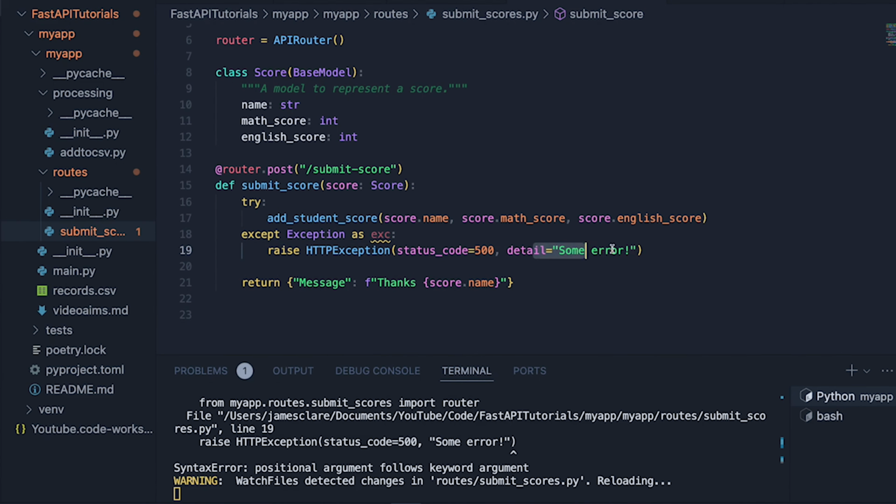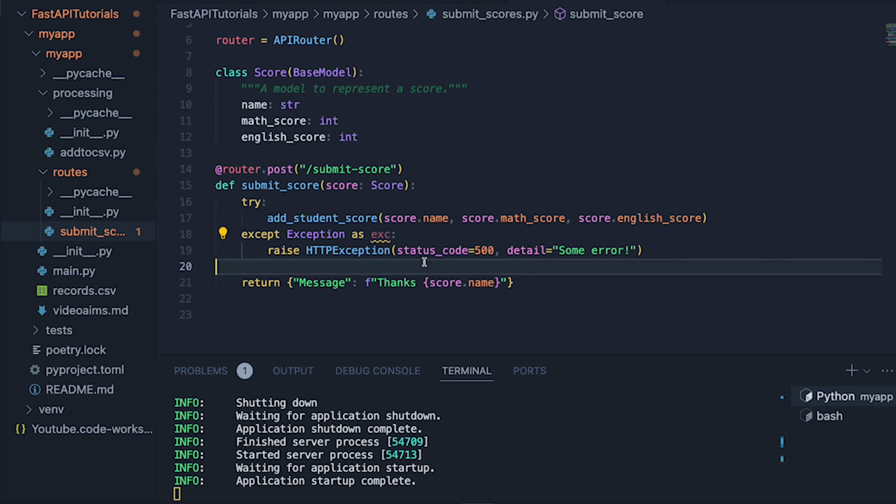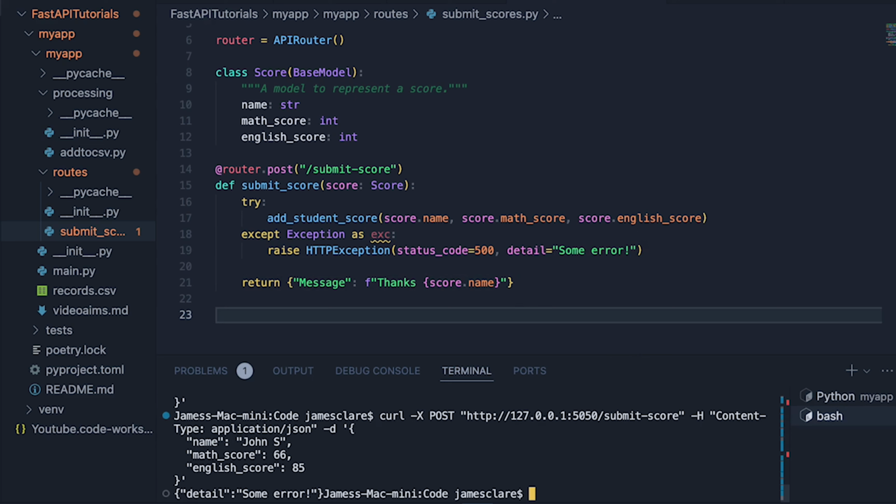We'll make this a bit more interesting in just a second. I know I've not used that for now, but not to worry. And let's try and recall this endpoint. So we'll do this, and we'll see how we get detail, some error. Now what we can do is we can do the following. So let's just say, oops, do this here,